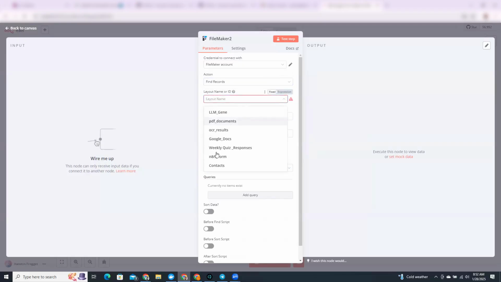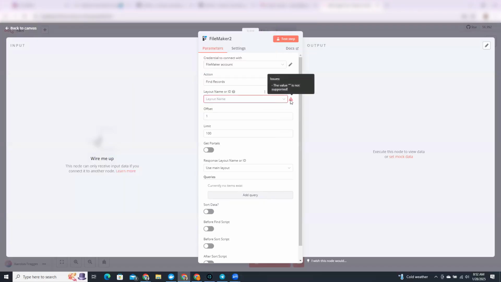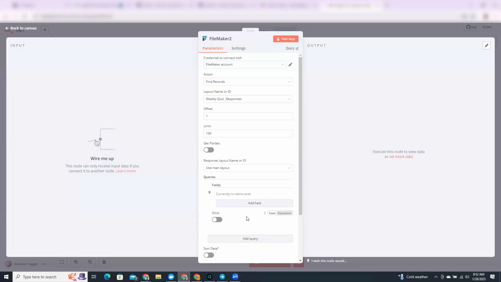It's going to tell me what my layouts are. Here's my FileMaker file that I'm looking at, right? And I've got this layout, weekly responses, whatever. This is the table, or the data that's in there. So I can go to that layout and get information from it, take a look at it. I can do a query on it, right? So if I wanted to do a query and say,